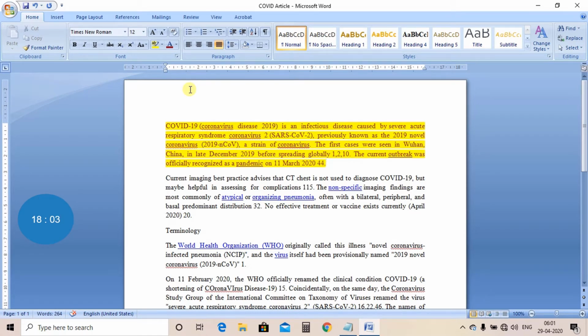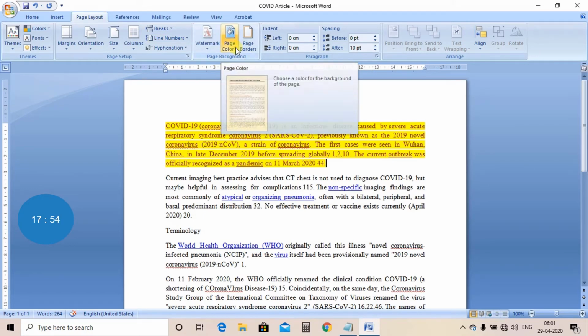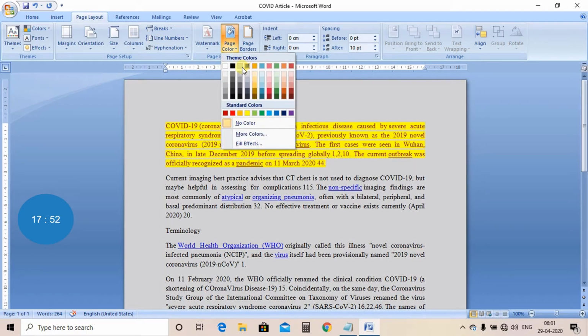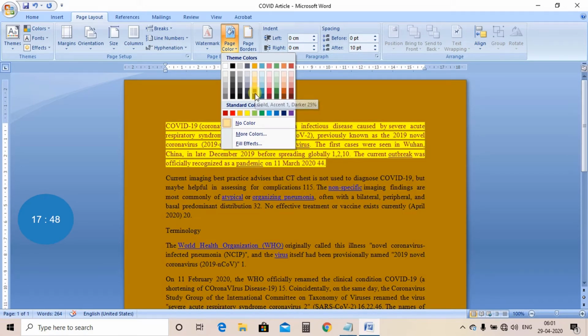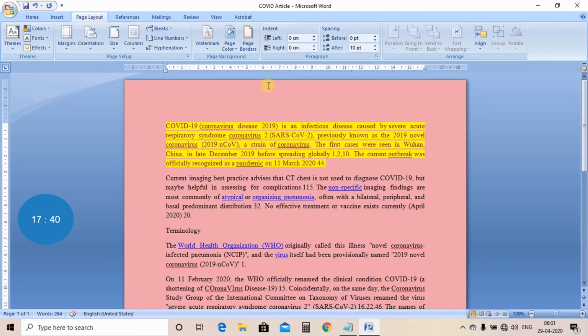So if you want to change the color of the page, from where you have to change it, go to the page layout tab, then go to page color and select a color for your page. See, so this is how you can change the color of the complete page.